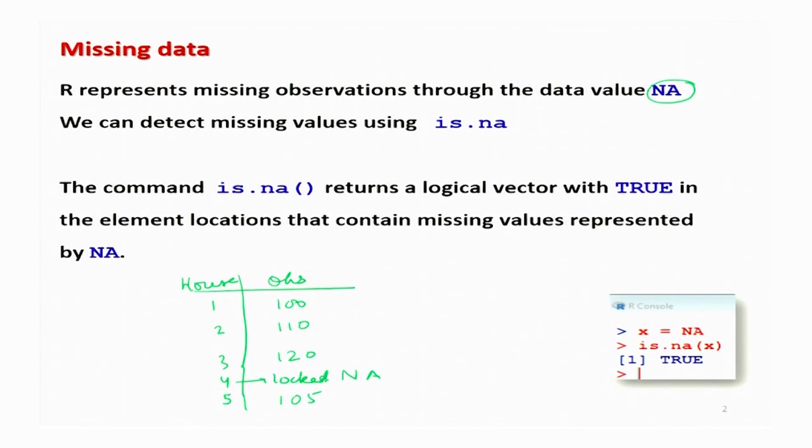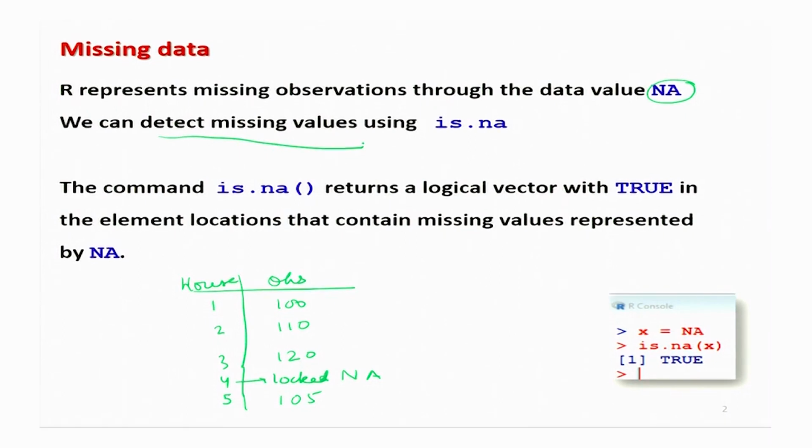Second rule is this: when you are trying to do any analysis in the R software, the data is coming from some external source, and that data is in the form of some file, etc. And that file may contain a thousand or a million values, etc. So it is not really possible for you to scroll through the whole file and try to find whether there is any value which is missing. So you would like to have a command so that you can detect the missing value from the file